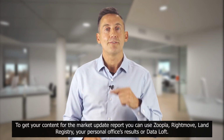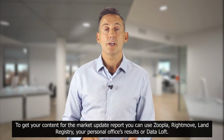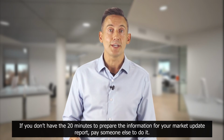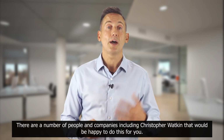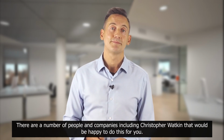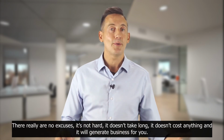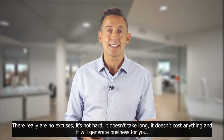Now, to get the content for the market update report, you can use Zoopla, Rightmove, Land Registry, your own personal office data, or Dataloft. Now, if you don't have 20 minutes to prepare the information for your market update, pay someone else to do it. There are a number of people and companies, including Christopher Watkin, that would be happy to do this for you. Then you only have to spend 2 minutes reading it in front of a camera. There really are no excuses. It's not hard, it doesn't take long, and it doesn't cost anything, and it will